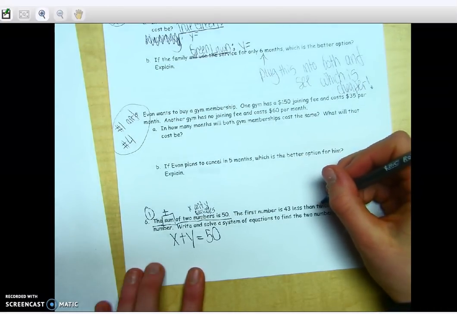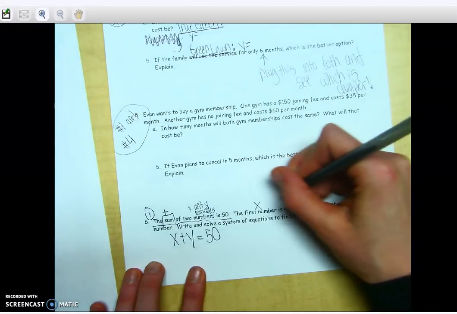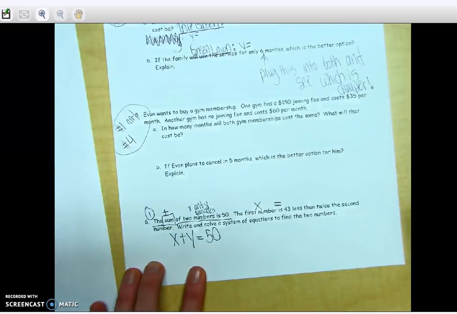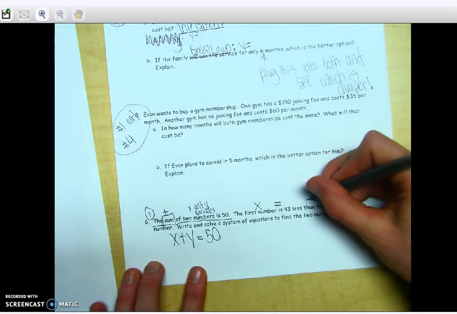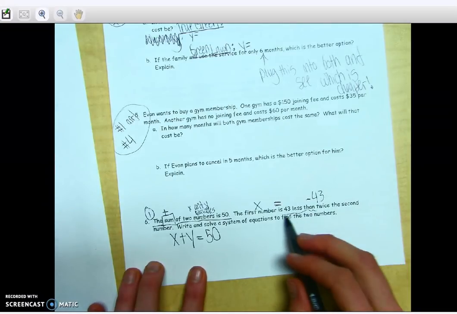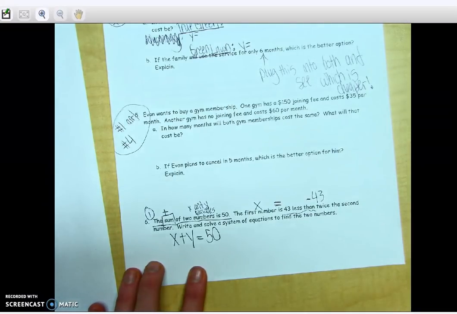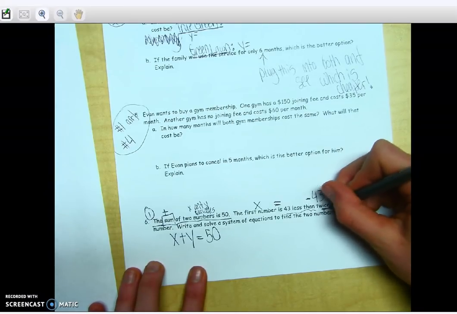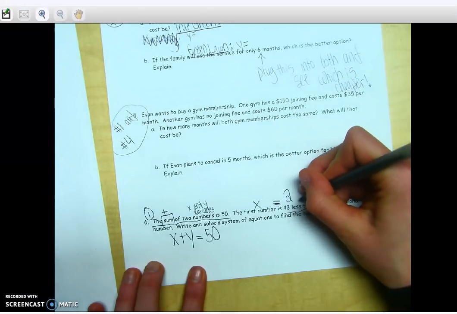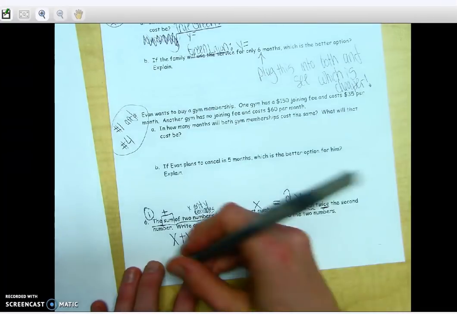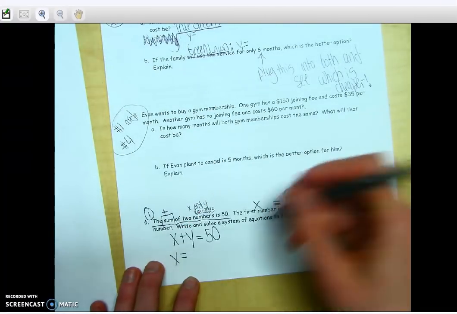This next part of the equation, the first number, let's call it x. The word is 43 less than. Remember, when we do the word less than, we have to take it away at the end. And then we have the words twice the second number. The word twice means 2 times the second number. So once I have both equations here,